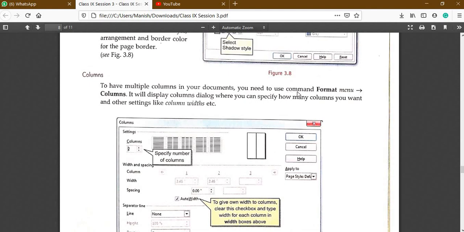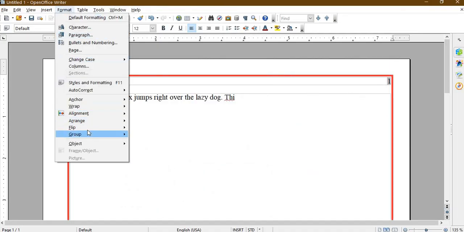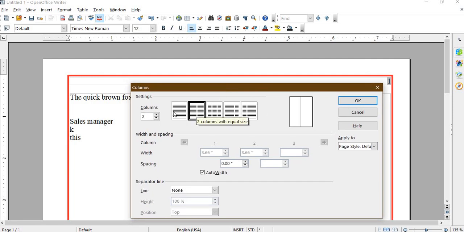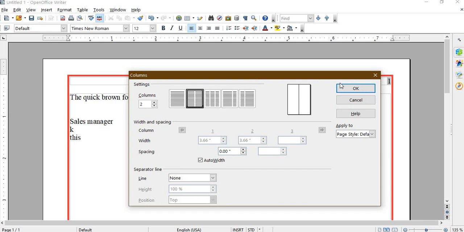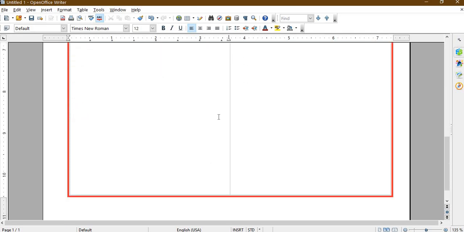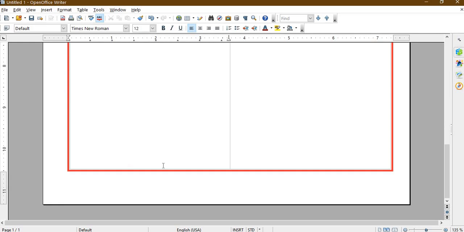So what we need to do, we have to go to the format and columns. This is the column. Now this is the option. This is by default style. I am breaking it into 2 columns. Click OK. So you can see this is the second column. So cursor will appear only if this first column is completely filled.